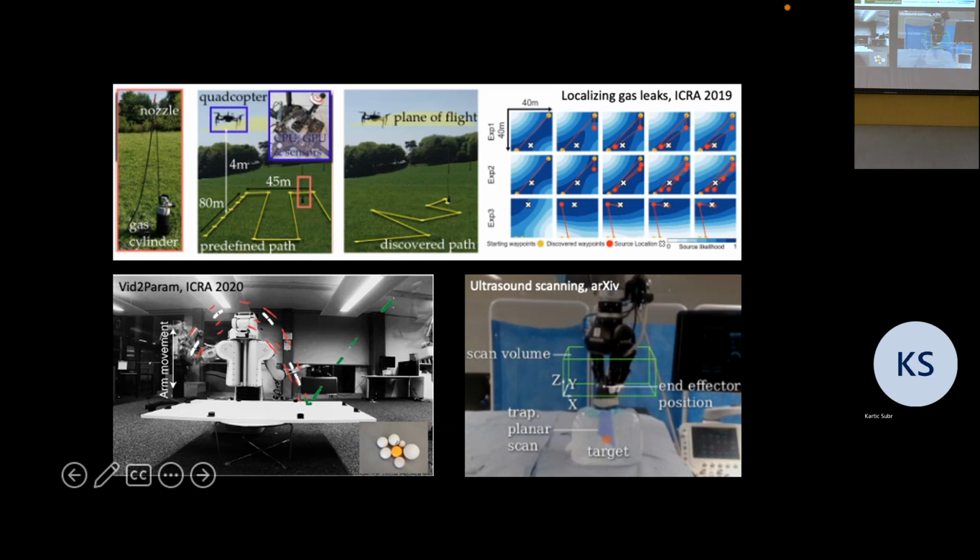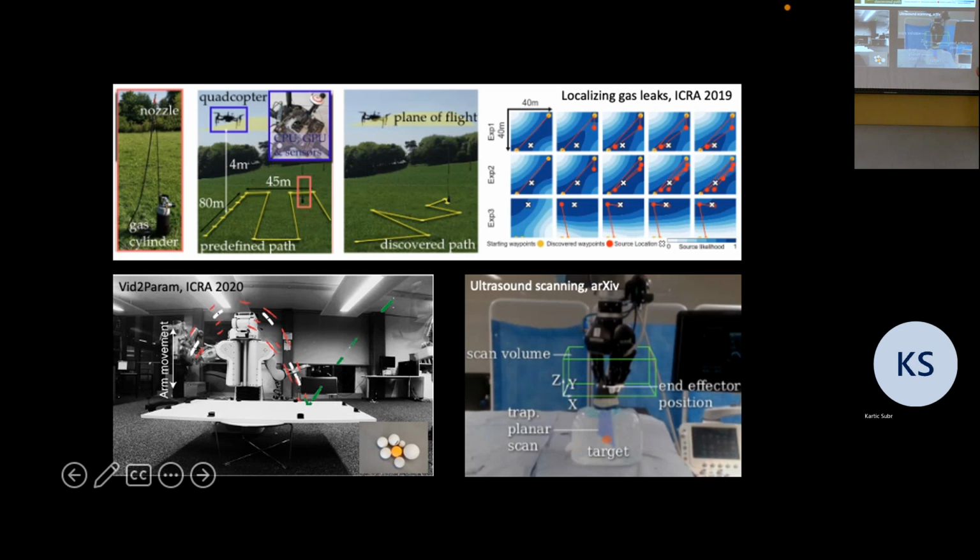This is another example. This is still work in progress. We're having trouble moving this to the clinical side, but we've done the tests in a lab environment where we had a little box of gel, and we put something in there which we imagine is a tumor. So we had some object in there, and we equipped the robot arm with an ultrasound scanner. And the goal here was for the robot...